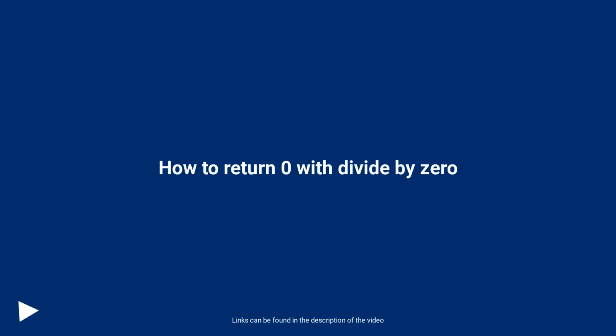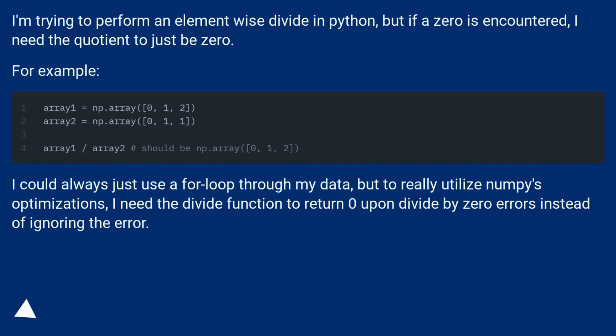How to return 0 with divide by zero. I'm trying to perform an element-wise divide in Python, but if a 0 is encountered, I need the quotient to just be 0. For example,